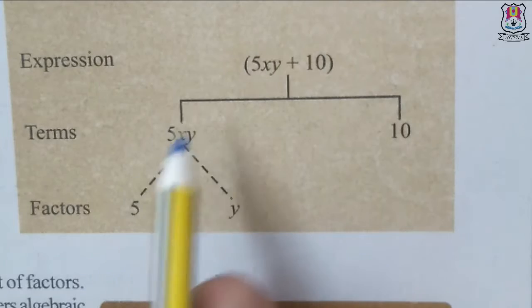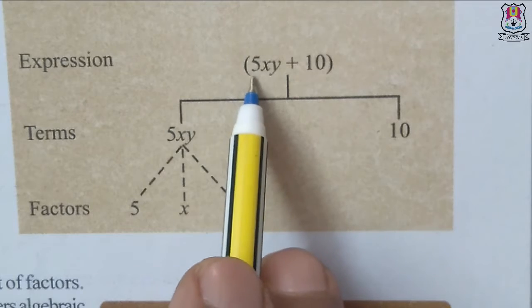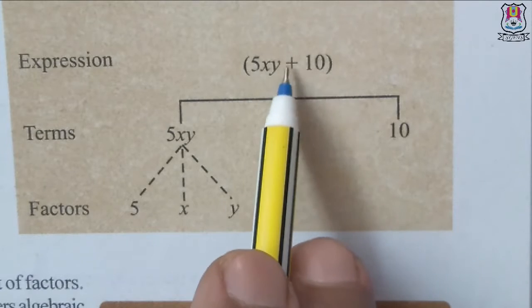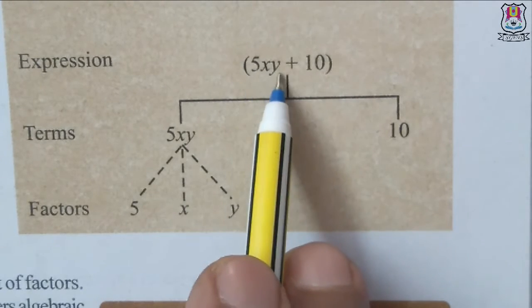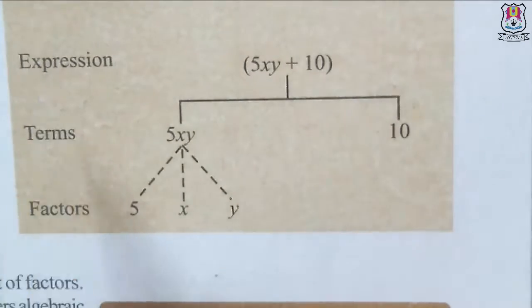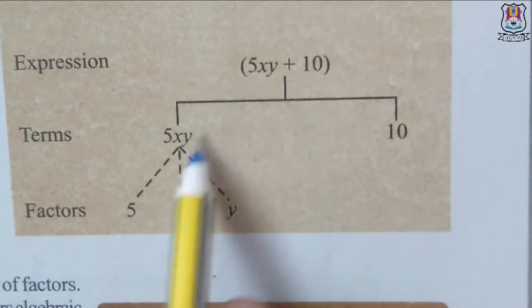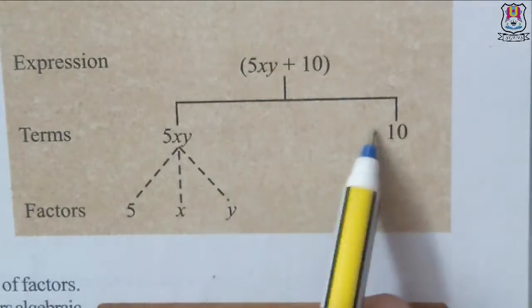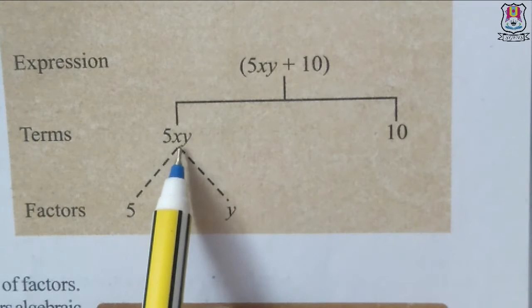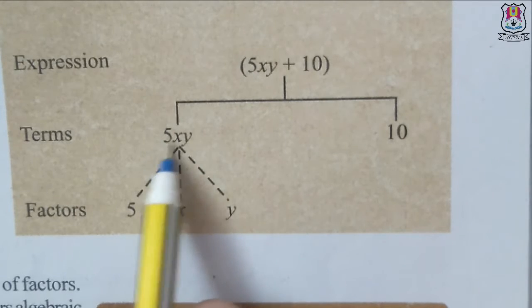Let's see one more example of an expression and finding the terms and the factors. This is the expression given to us, 5xy plus 10. Now this is an expression because there are two terms in it and an addition sign is used in it. When we are using addition, multiplication, division or subtraction in between two terms, that is called an expression. There are two terms, one is having variable and one is constant. These are the two terms shown differently. This is constant, so there are no factors in this, and there are three factors over here.